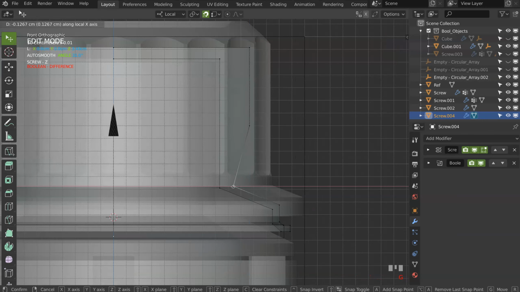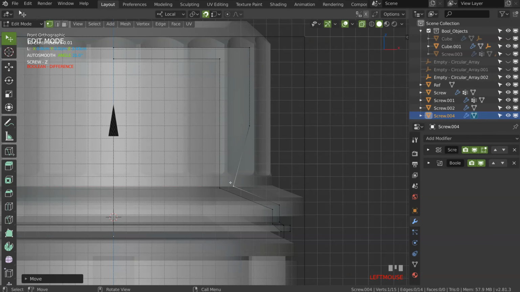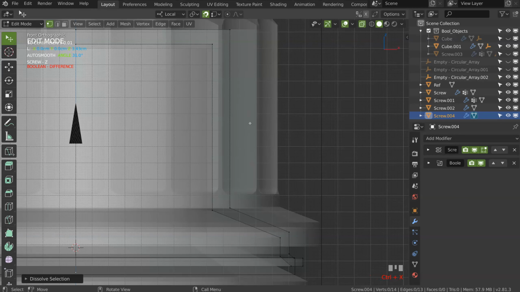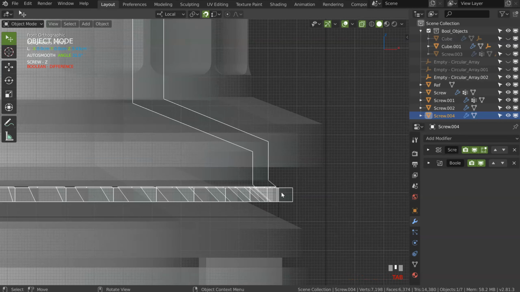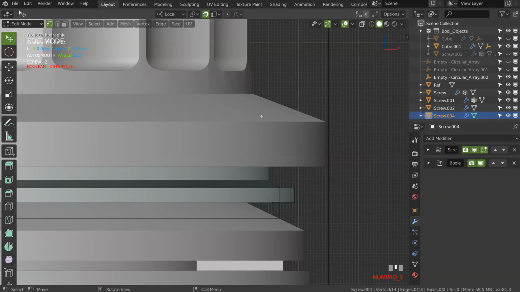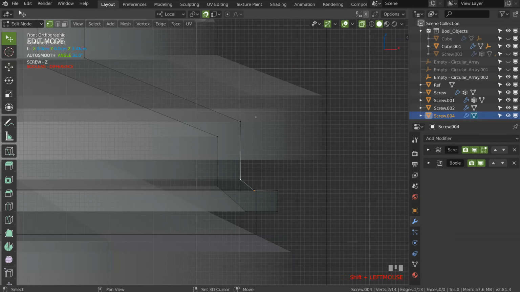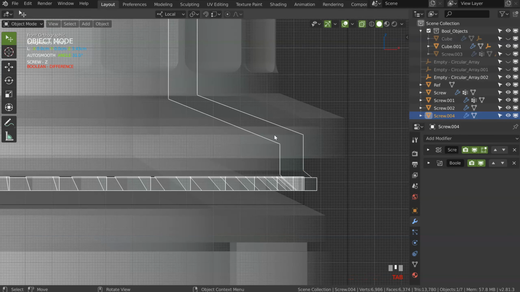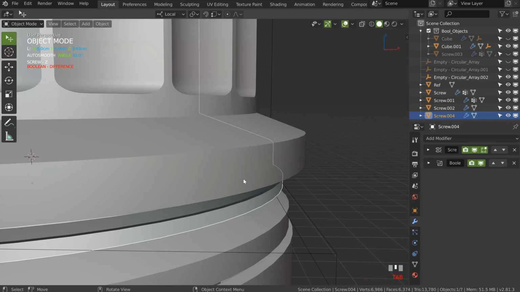Press G, like that, and let's do this for this. In fact, that will be a part that will never be visible, so we don't care. I just wanted to have something interesting here, but as you can see, this is not perfect. So I need to edit it again. Press G. I will select this one too. Yep. Disable this snap. Yep. G. Move this, and that should do the work. Yes, it seems to be correct.